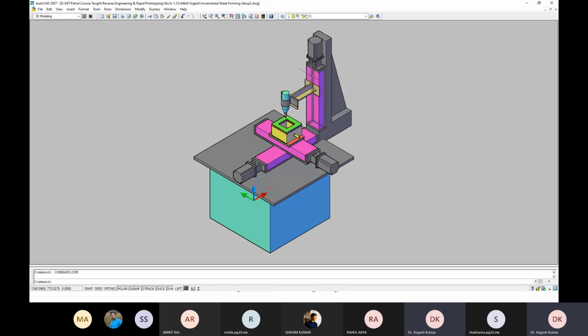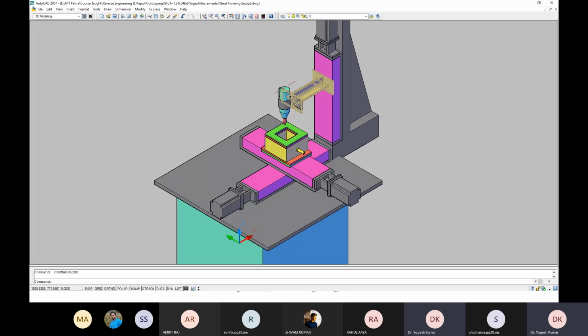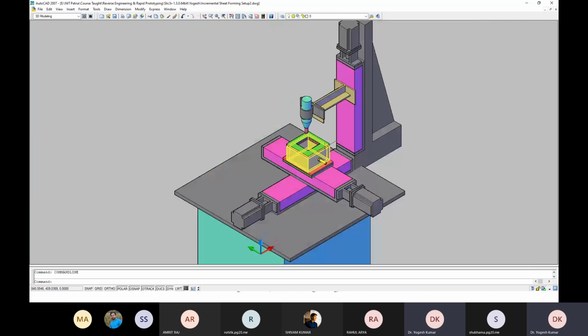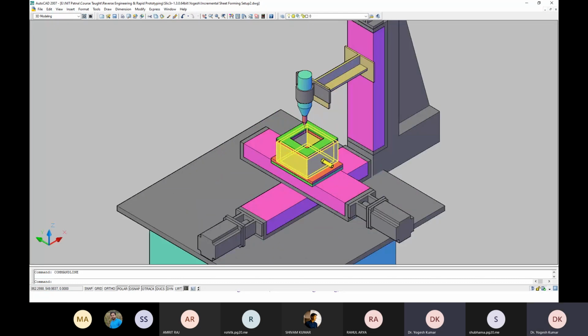Then the idea came to my mind: why create a new drawing, since I already have multiple drawings? So I tried to utilize this drawing which is already available with me, which I created during my PhD work. This is a particular CNC machine to which some accessories have been added. Here you can see one component, and some more parts are added on the platform of the CNC machine.